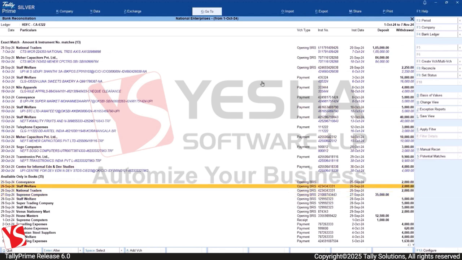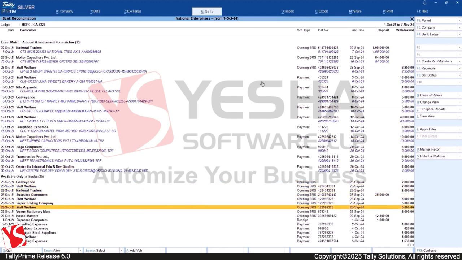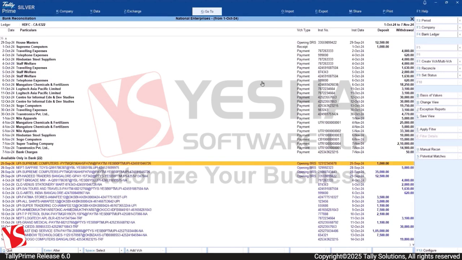If you split a company, the unreconciled transactions in books and bank will automatically appear as an opening BRS in the second child company. It is recommended to import your bank statement for a period before splitting the company data so that unreconciled bank transactions appear in the opening BRS.